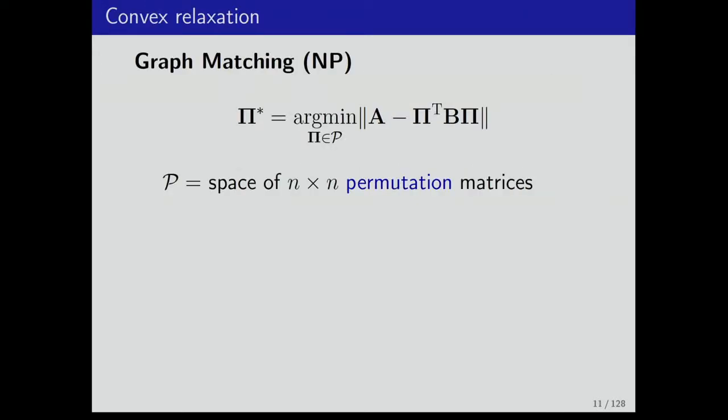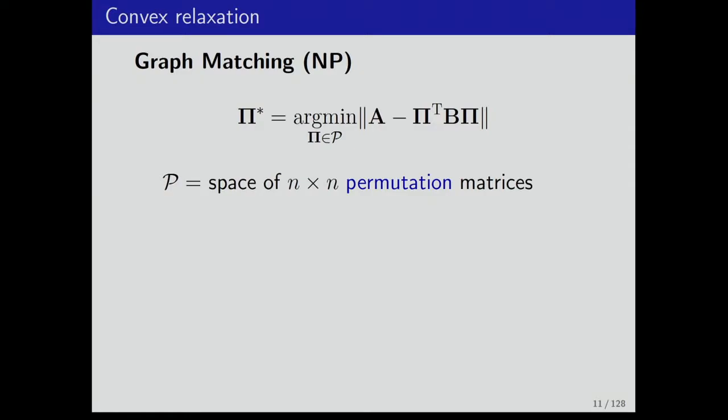So if I formulate this as an optimization problem, basically I can think of my isomorphism, if I assume that the graphs have the same number of vertices, as represented by permutation matrices. So I will be minimizing some distortion between A and the adjacency matrix B multiplied by the permutation from the left and from the right. So this permutes the vertices of the graph. I will be minimizing this over the space of